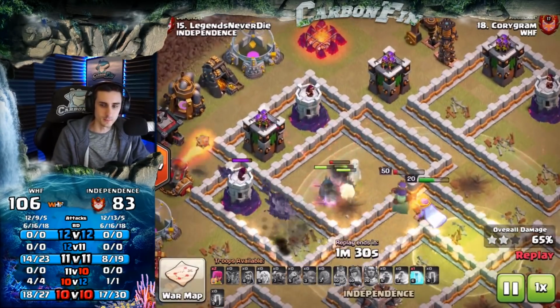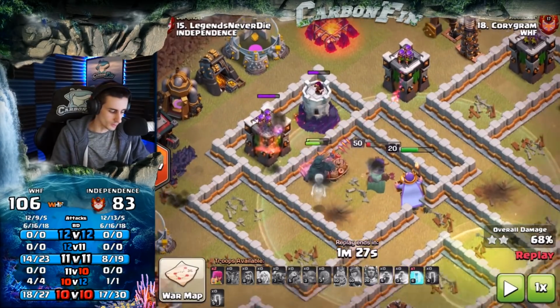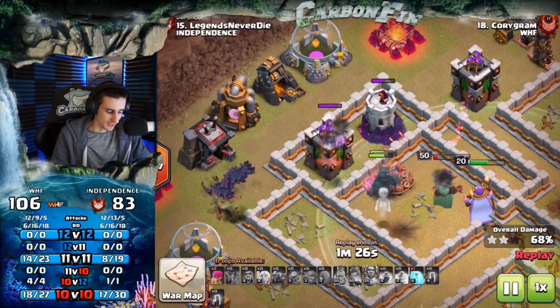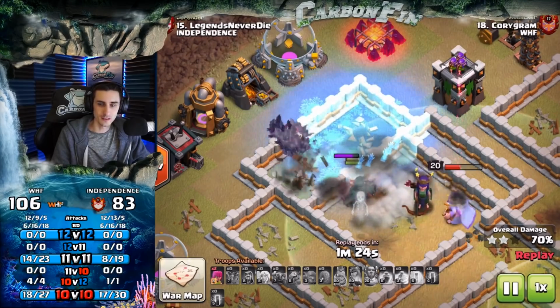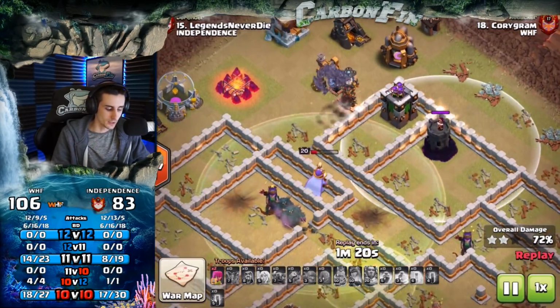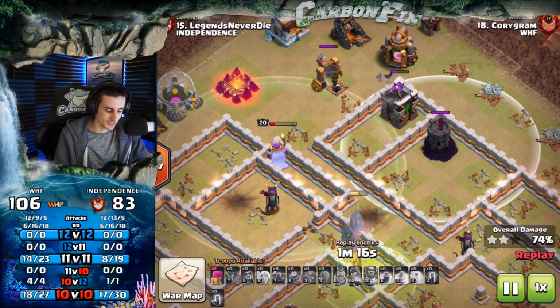But let's see, this is the big kicker right here. So now the Pekkas are moving through, but look, oh no, the bats get hit off the Wizard Tower. I don't know what was happening. Something must have died, and the Wizard Tower doesn't want to hit the Pekkas there. But then he uses a free spell, and it was a wasted free spell, unfortunately. And then this Wiz Tower is going to kill all of these bats, unfortunately, and he's not going to have